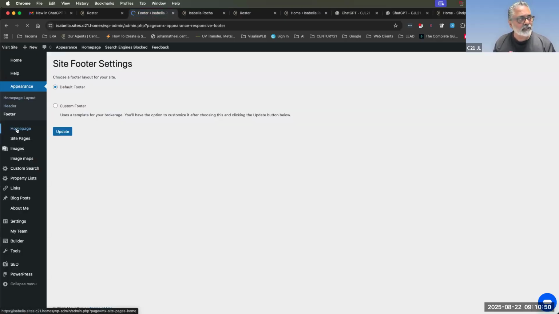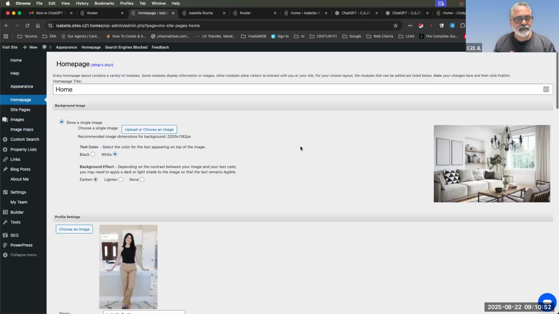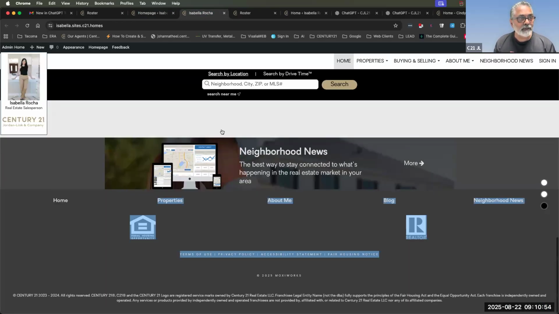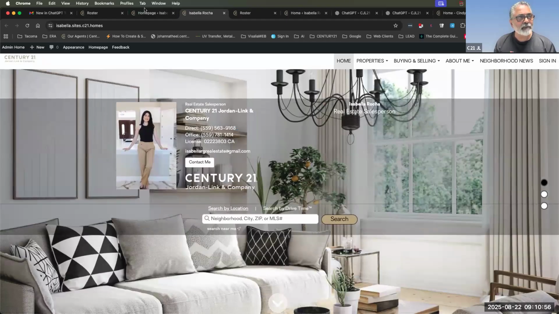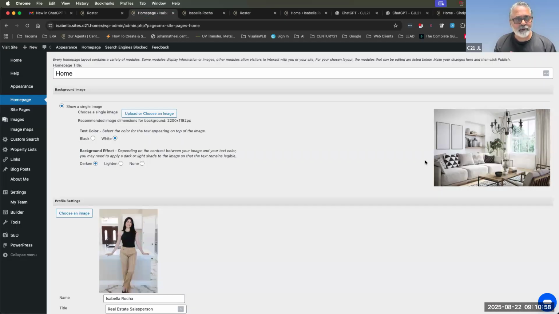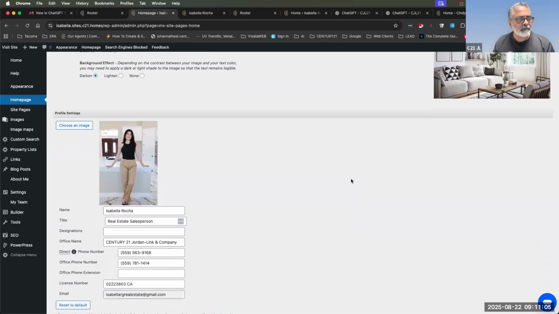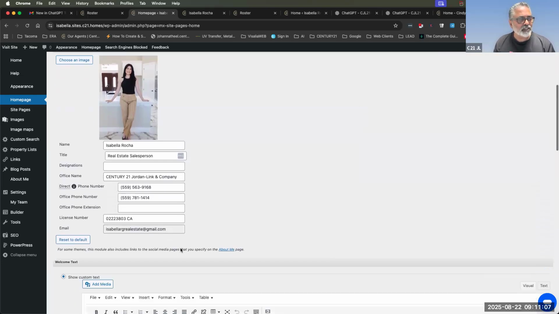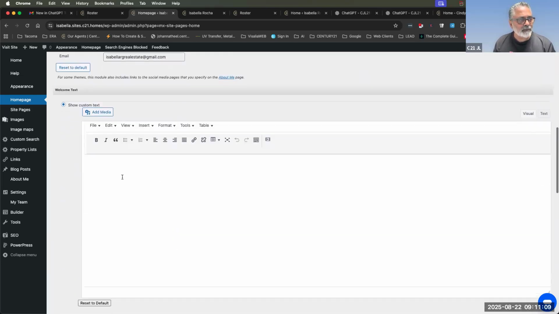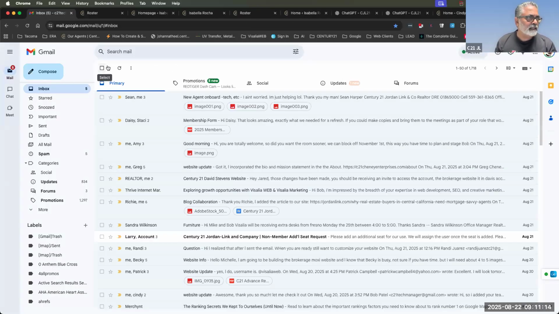Then you've got homepage. Of course, we're going to go back to homepage. This is her homepage currently. If you notice, there's that background image. Somebody may decide, you know what, I'm going to replace that image. Okay, I want the background effect lighter or darker. Fine. I'm going to update my picture. Here's my contact information I can update. And then I could put a welcome message in here. So if I find